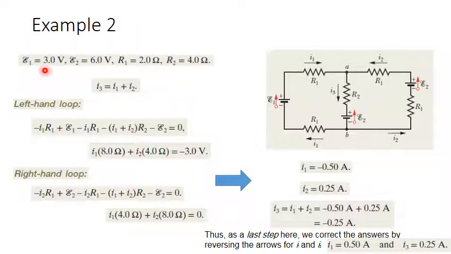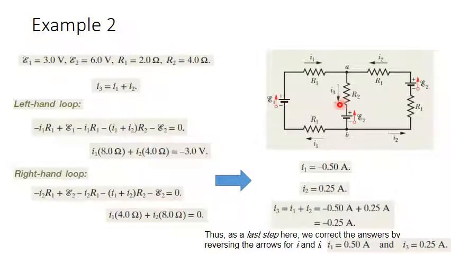So E1 3 volts minus E2 6 volts. So 3 minus 6 would be minus 3 volts. So numerically, this is the first equation. Okay. Now we go to the right hand loop,